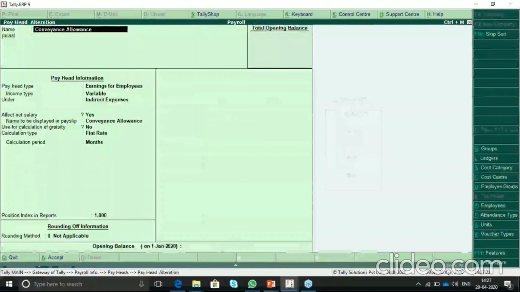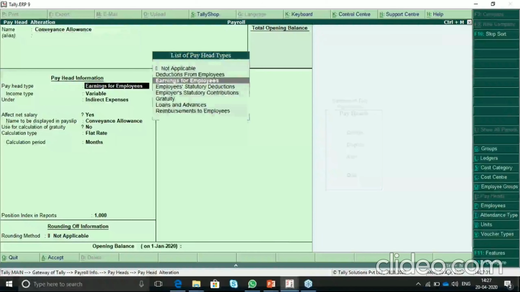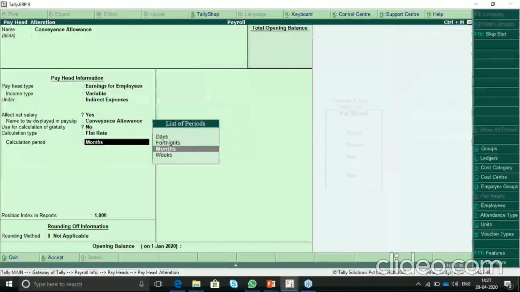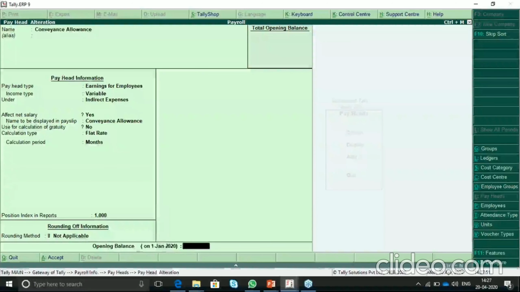Conveyance allowance: the company is giving the conveyance allowance, which is earning for the employee but it is not fixed. Previously you have seen pay heads under fixed. But the income type here is variable because this is an allowance. It will not be fixed. So you can select variable, flat rate, monthly, and save it.